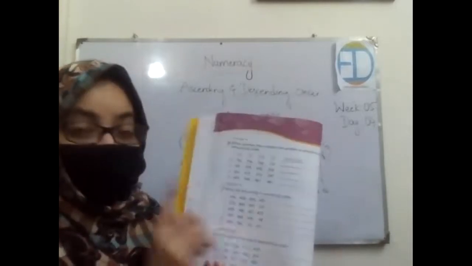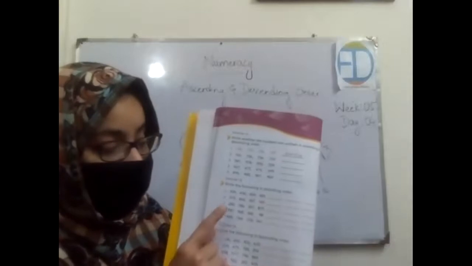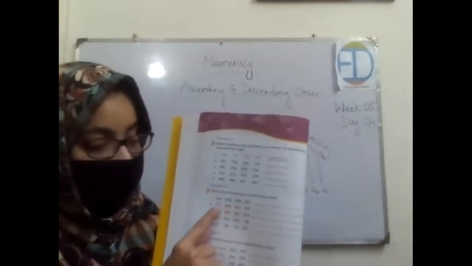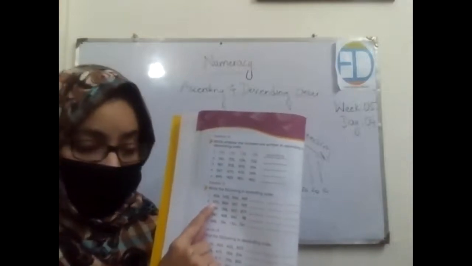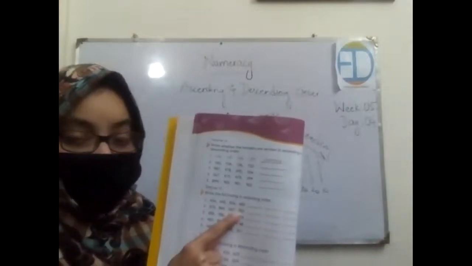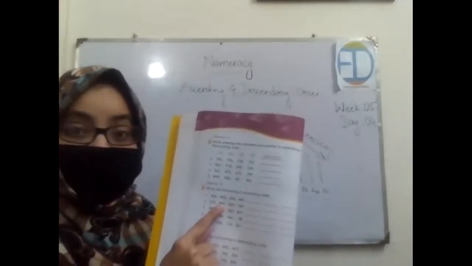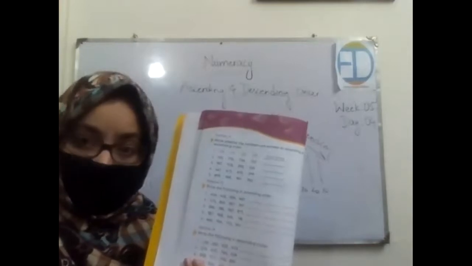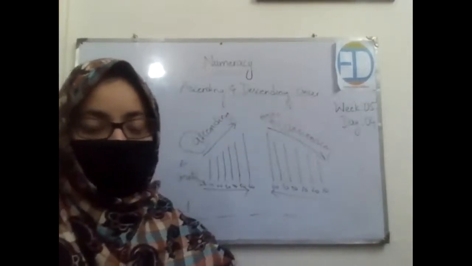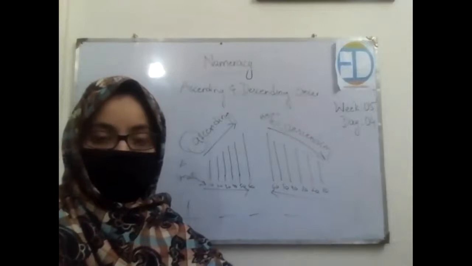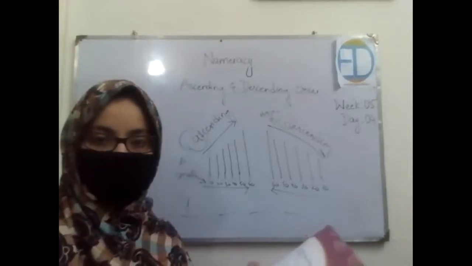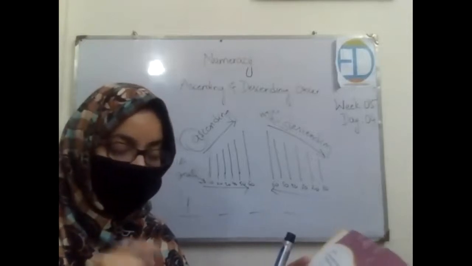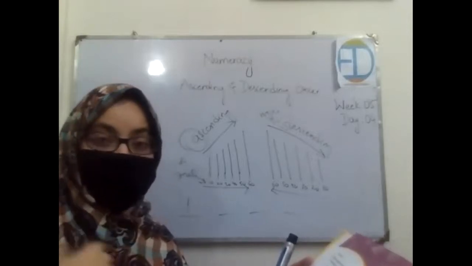Now look at the second number. In this one, the first digits are different, right? So you will look for the smallest first digit. The first one is 567, then 575, then 765, and the last one is 866. So this is again ascending order. Got it? Okay. Now solve the last 3 by yourself. All of you are done? Excellent.